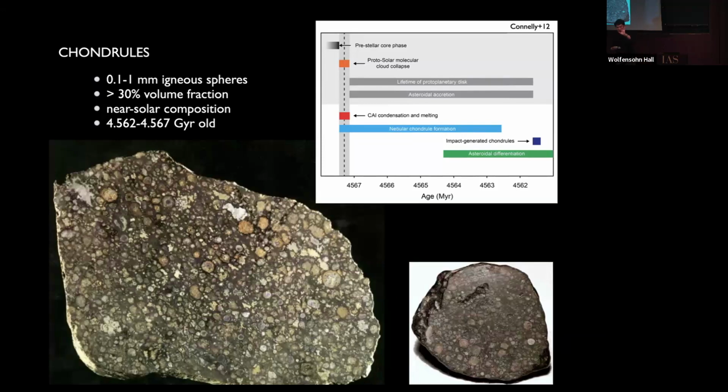So you can take a look. I like looking at the things. Callum and I were talking about this the other day, just recently. I like looking at the things that I'm studying. So they're very beautiful, these chondrites. Okay.